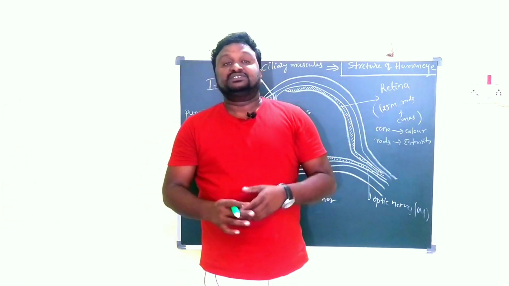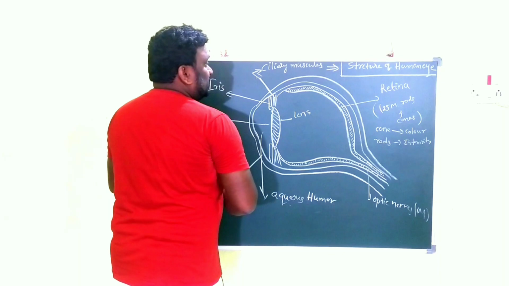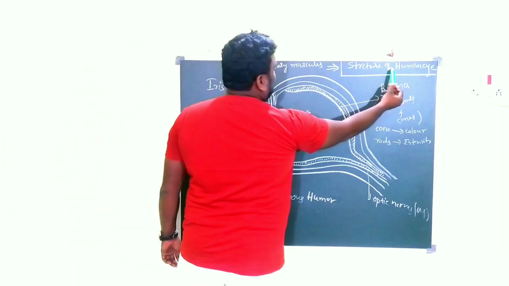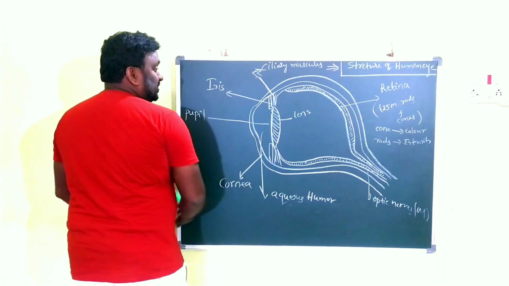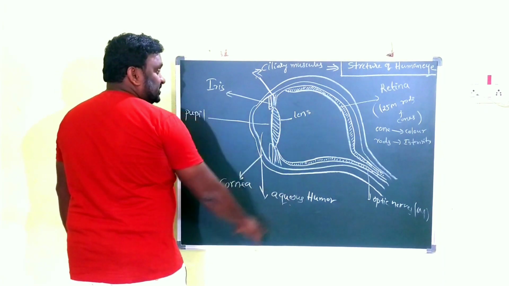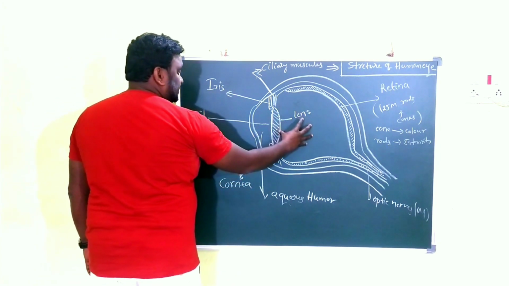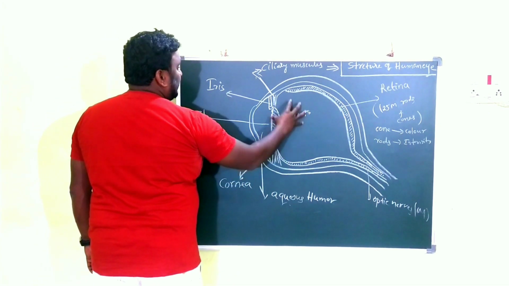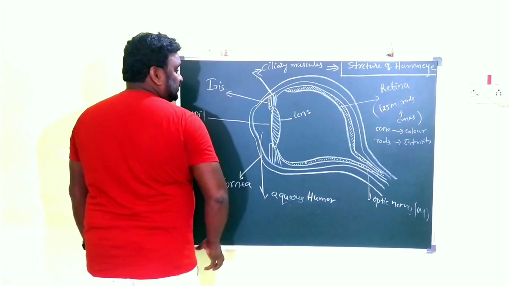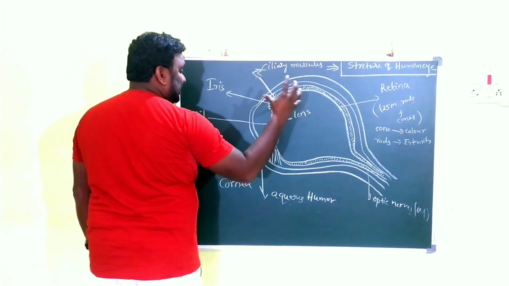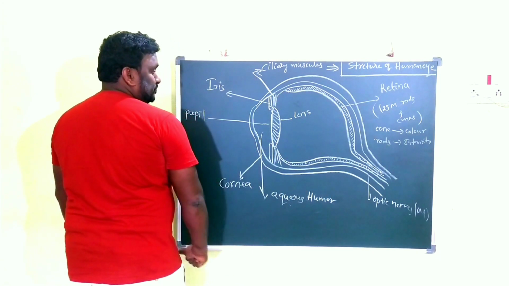Let's go. Here already one diagram is there on the board. This is the structure of the human eye. Clear? Just watch carefully here. Generally this diagram is given in our textbook. It is a two-dimensional diagram, so it is not possible to see every part clearly. This is simply a model of the structure of the human eye.